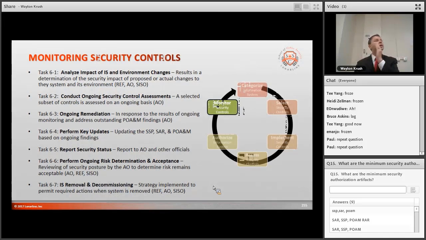In some cases, the answer is yes. If you're a small organization, the answer is it's up to you, as long as someone independent is reviewing the results, you're fine. But many times, the answer is yes. That security impact analysis is conducted by an independent group. Where it's conducted, though, usually is